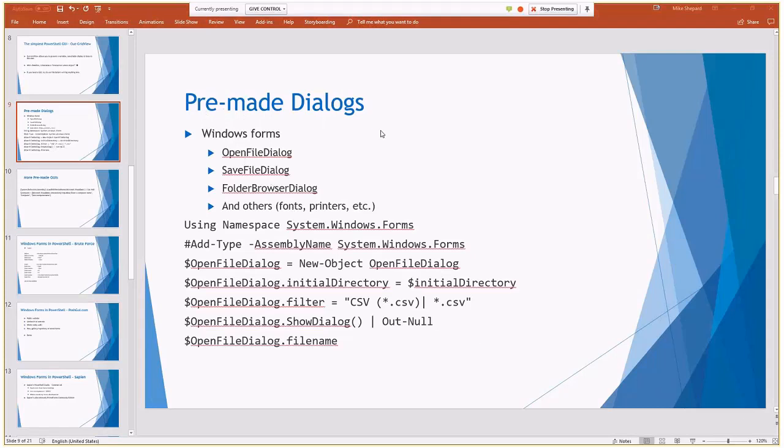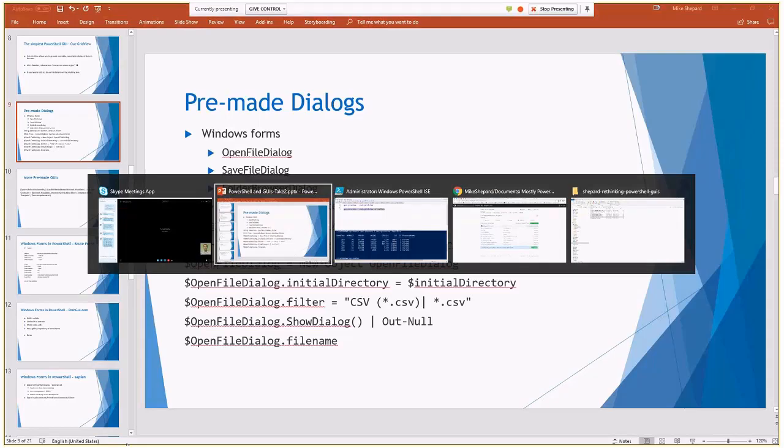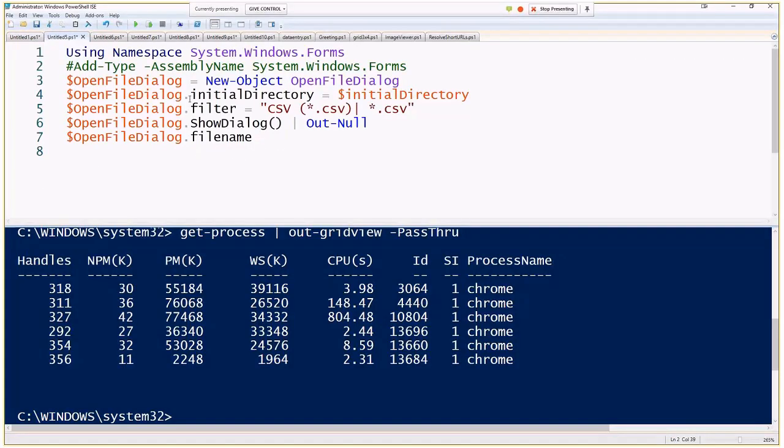So also you can use some pre-made Windows dialogs, right? If all you need to do is prompt for files, there's an open file dialog, a save file dialog. I've got code in here. I think I've got a tab in ISE that has that in it as well. So here we want to create an open file dialog, and we're pointing to some directory initially, and we're telling it what filter to use. We want to look for CSV files. And so if we run all this,